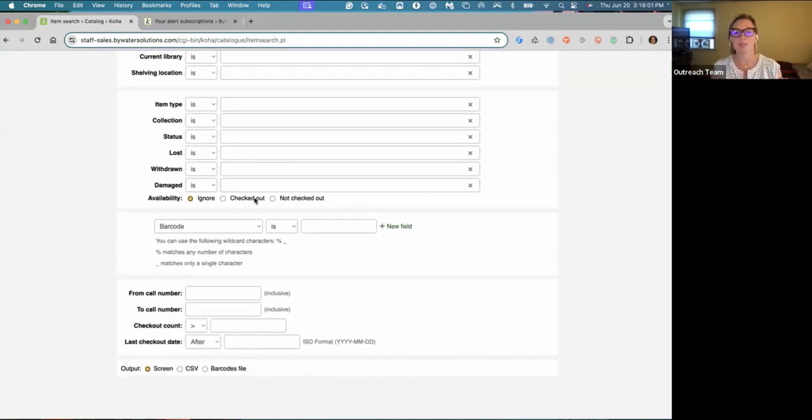Then further on, you can see I can look for what's available on the shelf, what's checked out, what's not checked out. I have the ability to search by other fields in different ways, where it's an is or an is not, and using my wildcards. And then I have some custom search fields, which allow me to create my own fields to search. So that could be from the MARC field, so I'm using that in my Accelerated Reader, my local note from my 590, or something from the item itself or the